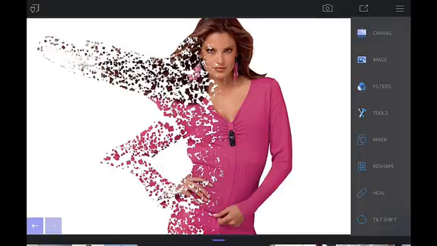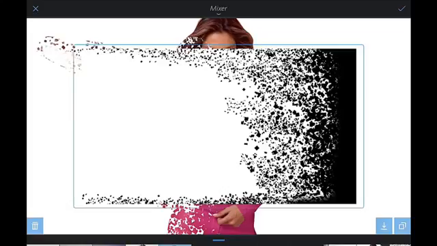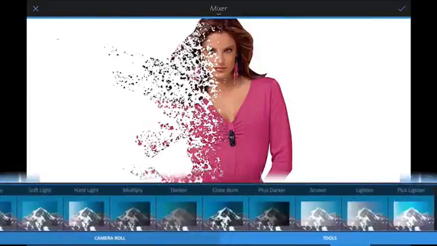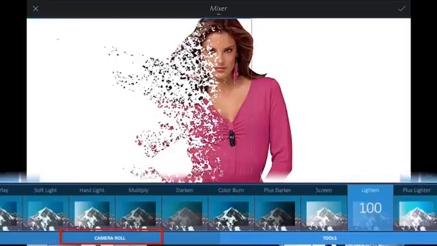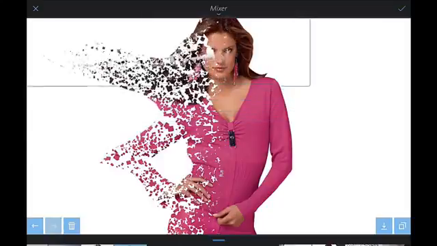We want to increase this effect and intensify this effect. So we're just going to click mixer, and again we're going to use the same image and mix this image with the image of the background. Remember, the two images that you see in the background are now merged for the time being. So we're going to go tools again, blending, go to lighten, and then deselect the tools, obviously, otherwise we will just lighten or darken the top image. Go back to camera roll, and then move and adjust this image